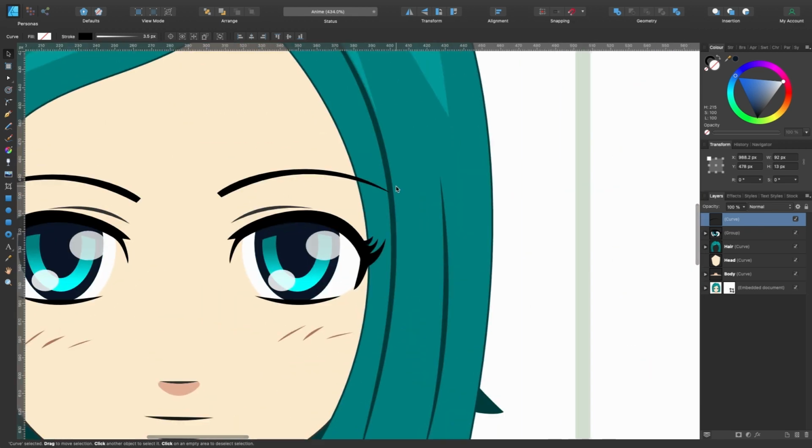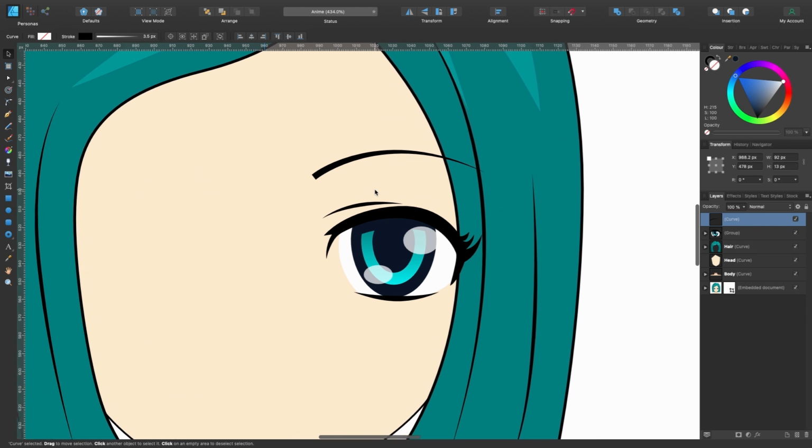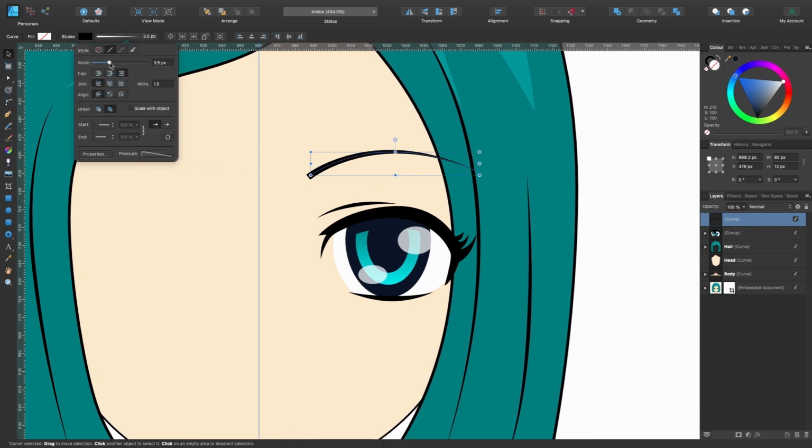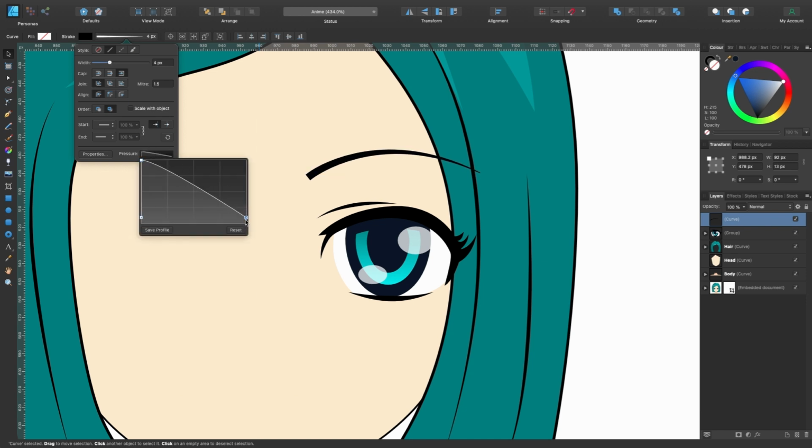Okay, and you can see the eyelash is going over the hair. If we go over to ours, it's going over the hair. We could probably make it a little bit thicker, so we'll go ahead and do that now. Go to the pressure. You can always bring that up a little bit if you want. To make it thicker at the end there, you can add another point in there.